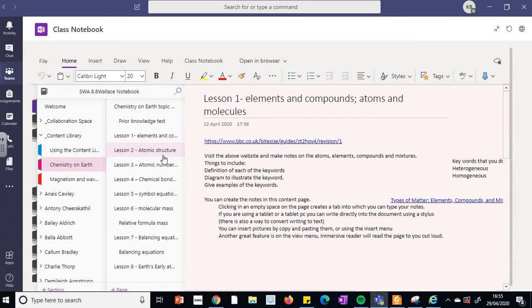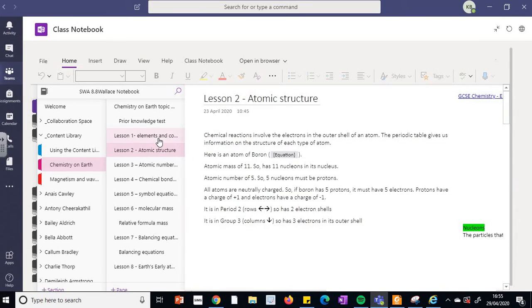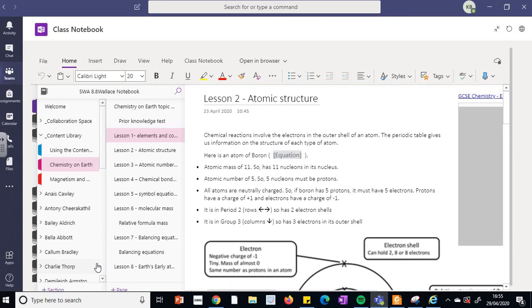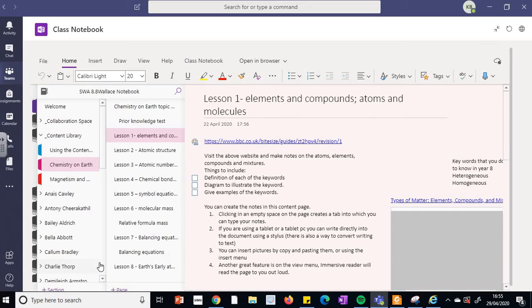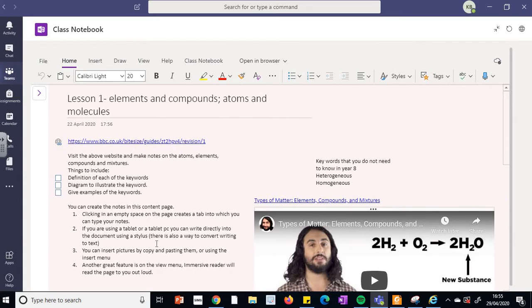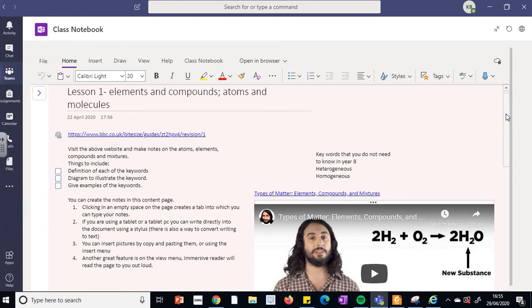I'm going to click there to move the page, and I'm going to click back to it. And the moment I click in there, I've got a full page. So you can see what I've got there is that lesson. It's got the website here. You can tell it's a website. I'll put a link to say visit the website. If I click there, that will take me to the bite-sized website that's linked in with this part of the